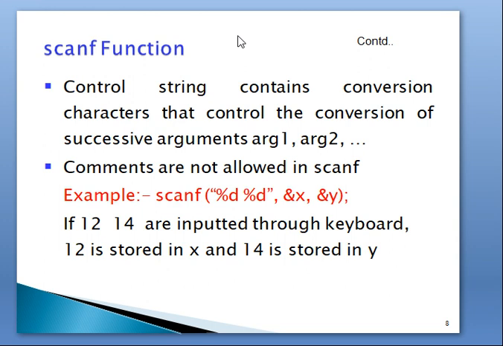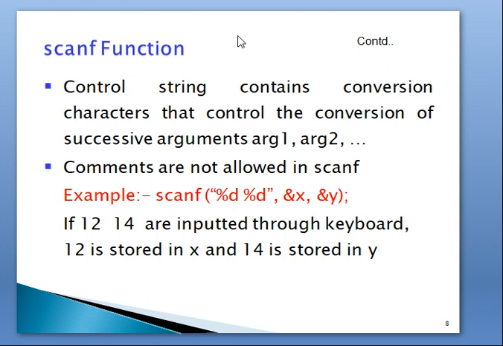The scanf function is used to read the data from the keyboard. The control string consists of the conversion characters. Comments are not allowed in scanf.